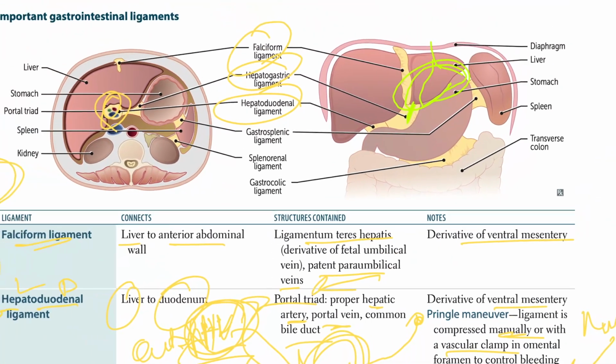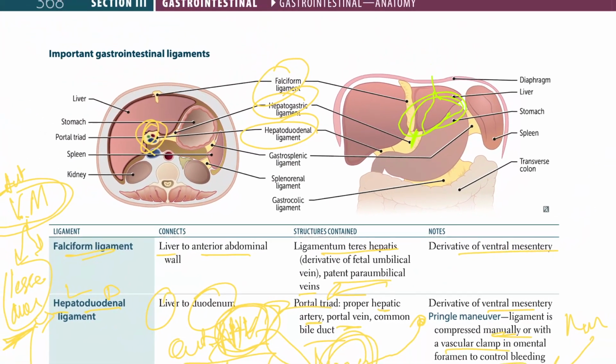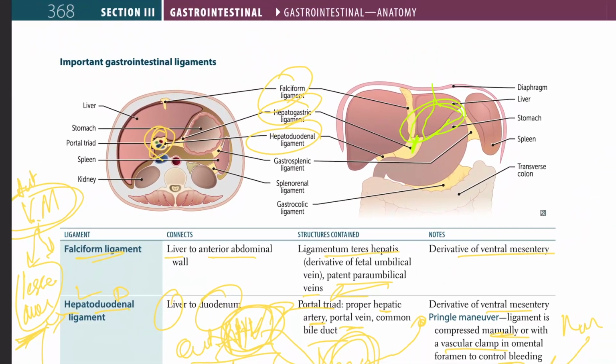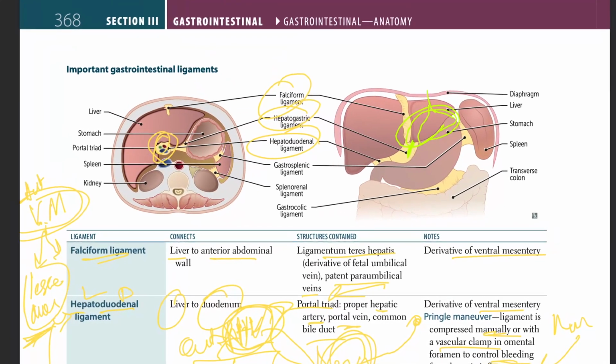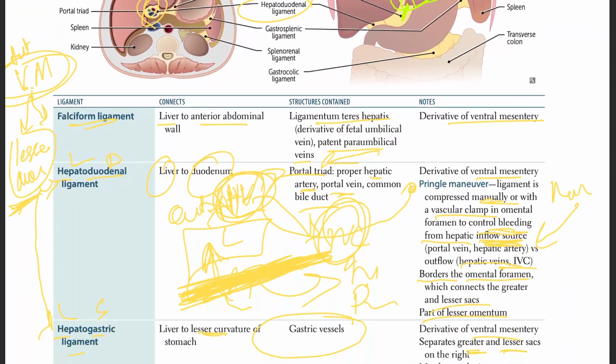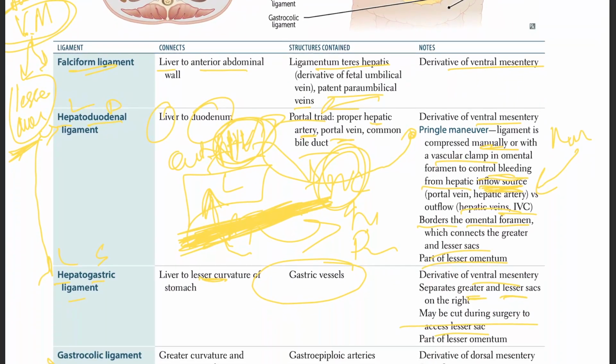May be cut. Wait, let me go back there. Okay, here. So they're saying it may be cut during surgery to access the lesser sac. So what sort of surgeries? Adjustable gastric band procedures in obese patients. That's one of the things. But yeah, that's pretty much it for the